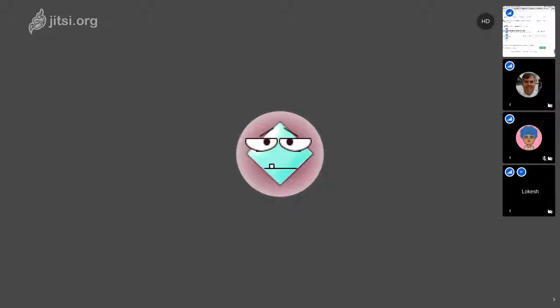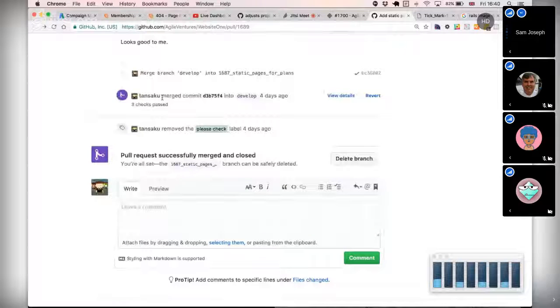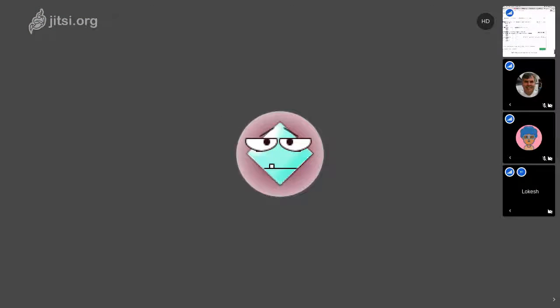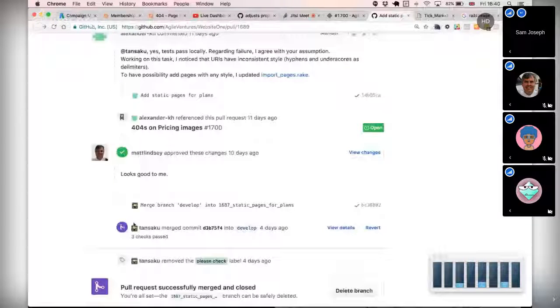Okay. Does it have to be? Because it goes through the asset pipeline. Okay, right. So you can't just get the URL directly. It has to be some special thing. Yeah, because all the things go to the routes. Right. So anyway, Matt, see this here? The commit is merged into develop.